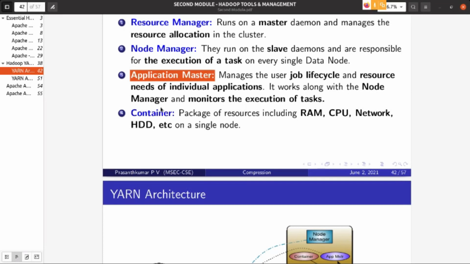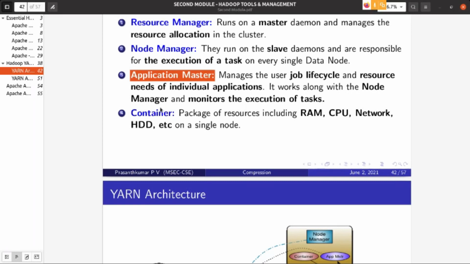Suppose in a cluster 3 MapReduce applications are simultaneously working, then you can find 3 application masters. Each application master manages one MapReduce application running on the cluster.